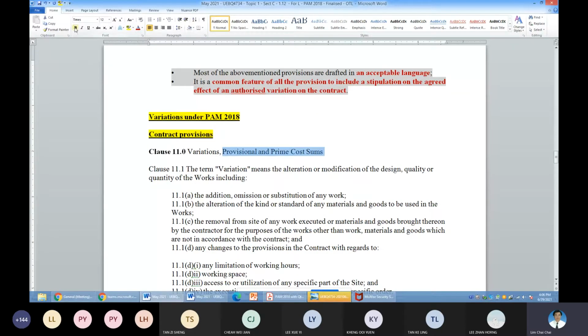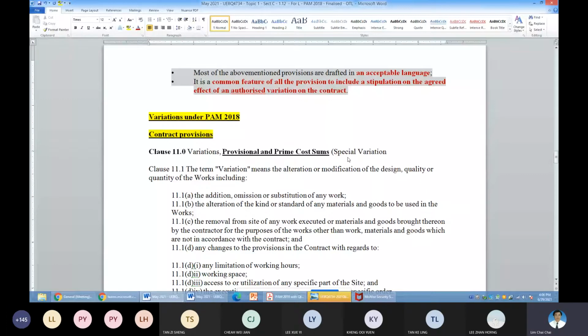So generally, variation for the works will be triggered by many means. And for these two, prime cost and provisional sum is a special variation. It's a special variation order